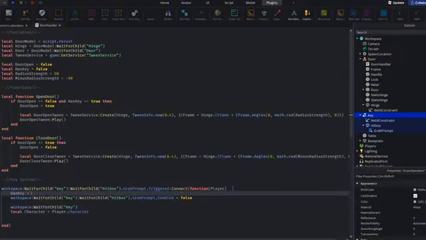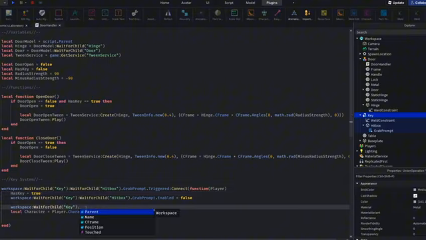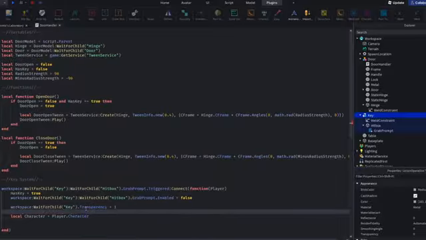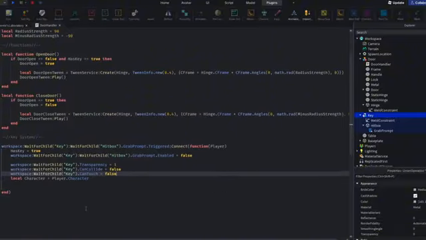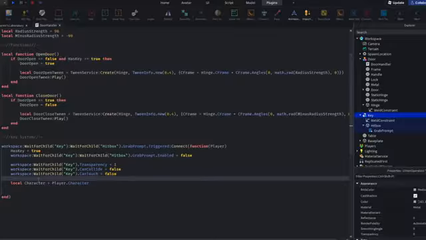Do has a key is equal to true now, because the player has a key. And the workspace with child key dot transparency on, dot can't collide false, dot can't touch false, and